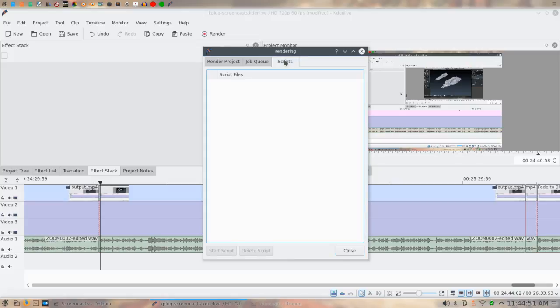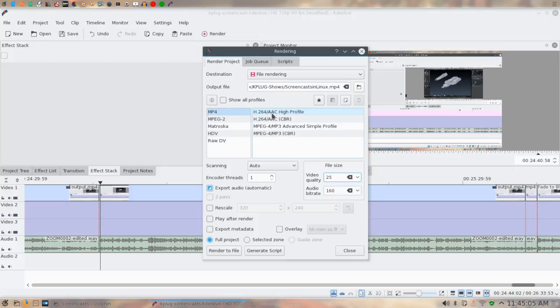And once you start the job, you can tell it to generate an ffmpeg script. So if you want to actually run this in a script using ffmpeg from the command line, it'll give you the ffmpeg command line you need to render that job. The next step is to click Render to File. I'm not going to do that because I've already rendered this one. But once you click Render to File, it will go to the job queue and you'll see a progress bar and an estimated time to completion. And if you click Generate Script,